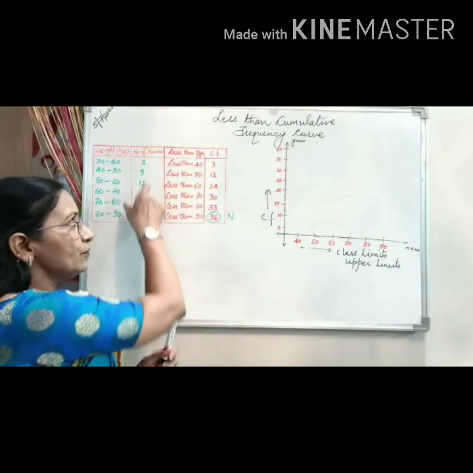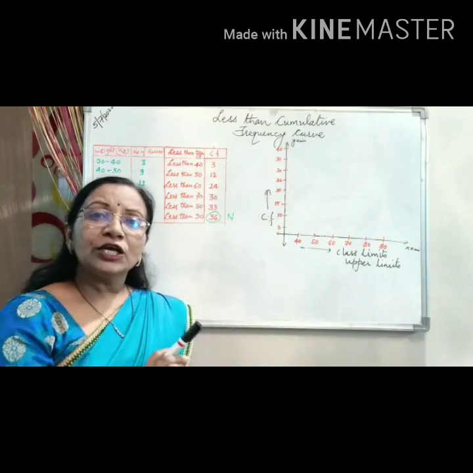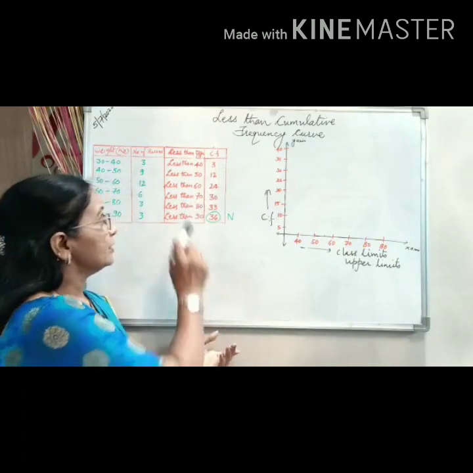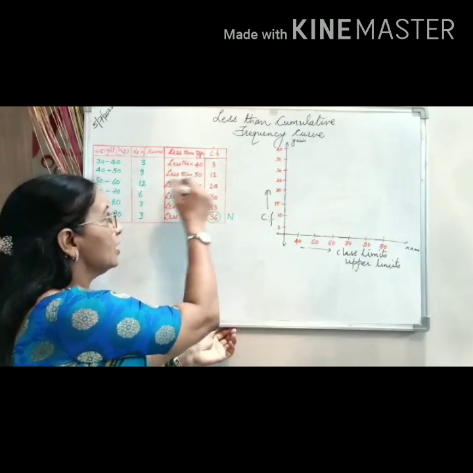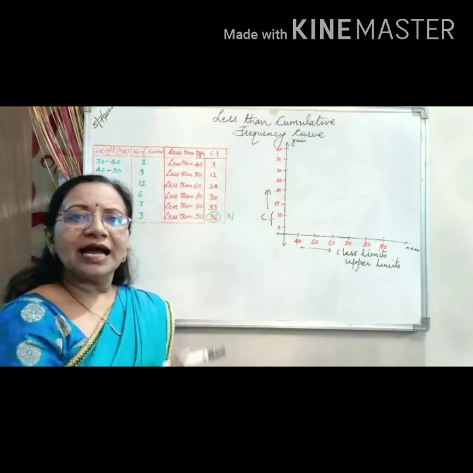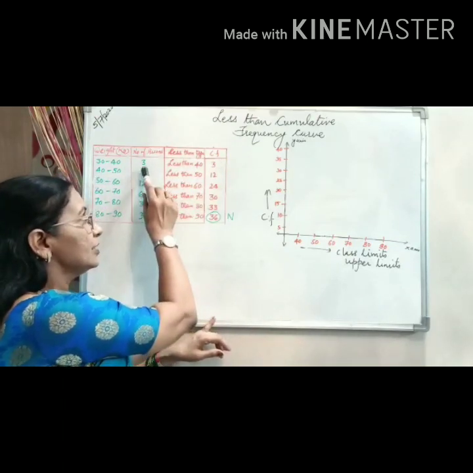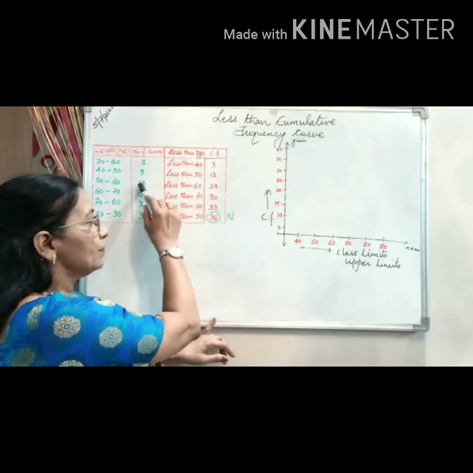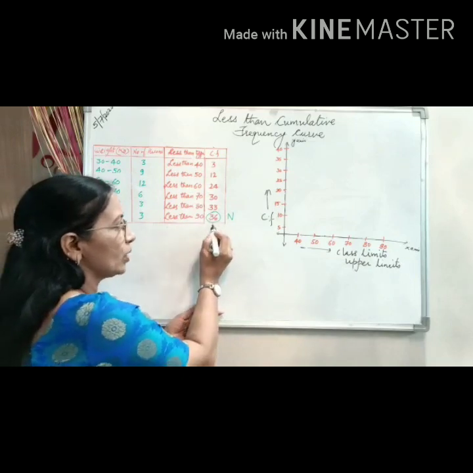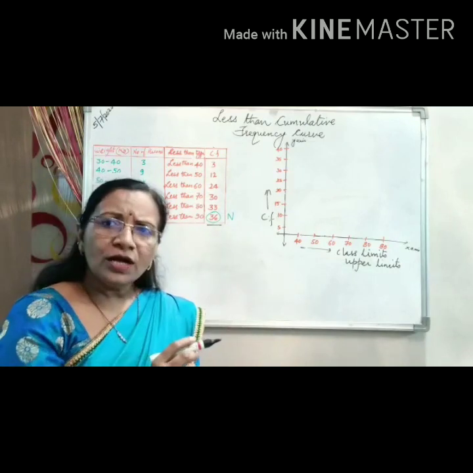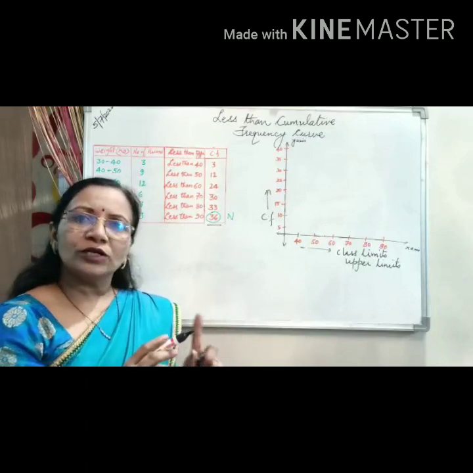Now this is the normal frequency. This normal frequency we are going to convert into a cumulative type. So how to convert it? The first value is written as it is. The second is added to the first and then consecutively we go on adding the values. So you can see here the first value is 3, it is as it is. Then 9 plus 3 is 12. Then 12 plus 12, 24 and so on. Each value we go on adding to the previous one and the last value is nothing but the cumulative frequency total and that is equal to n.